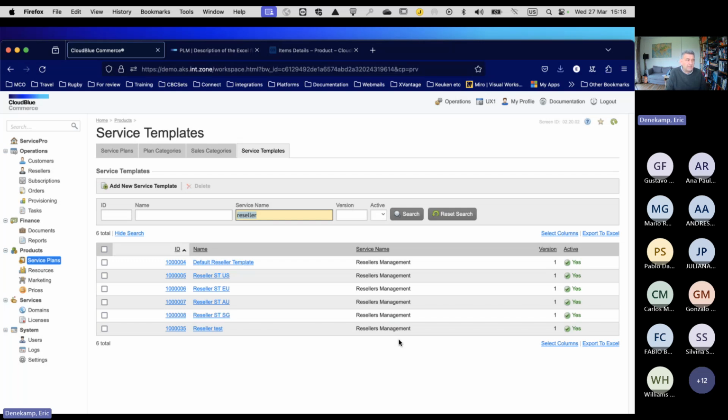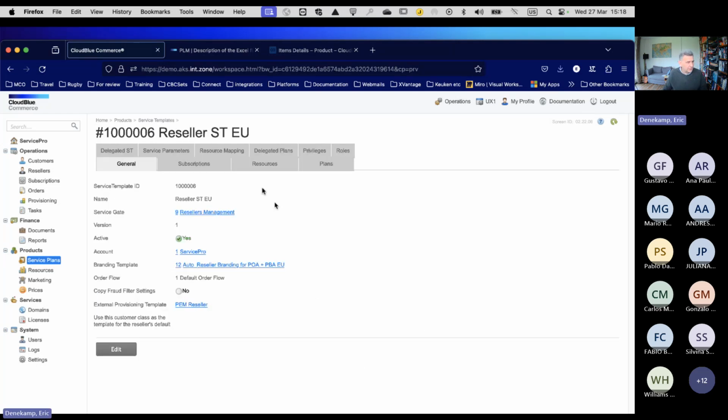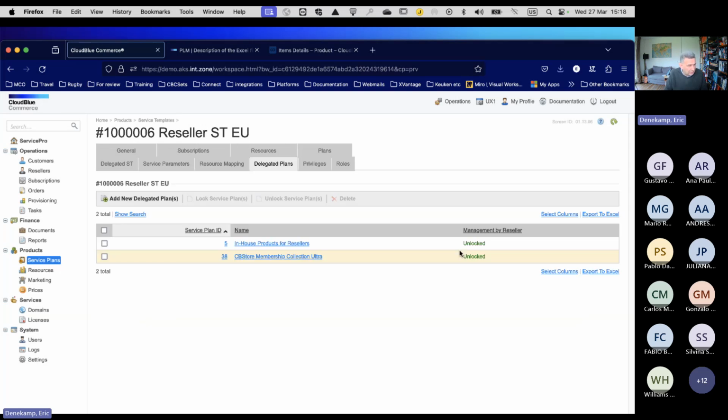Those are created when the platform was created. Going in here, I can see what the delegated plans are. And if I add plans to this, by using this, I would almost say trick or feature from PLM, I will see those plans appear on this item here as well.